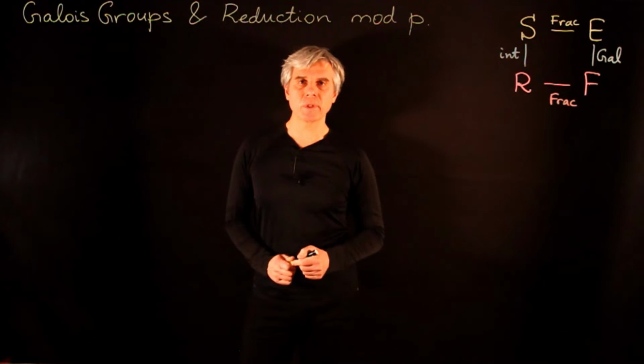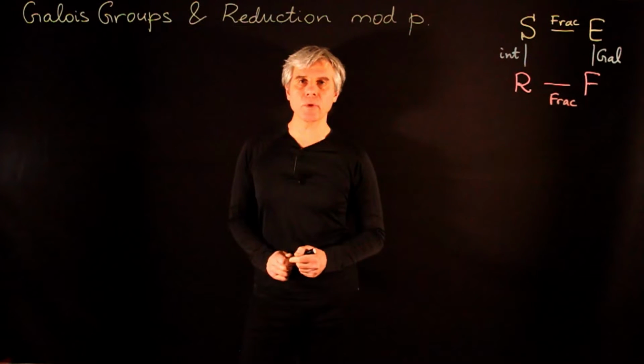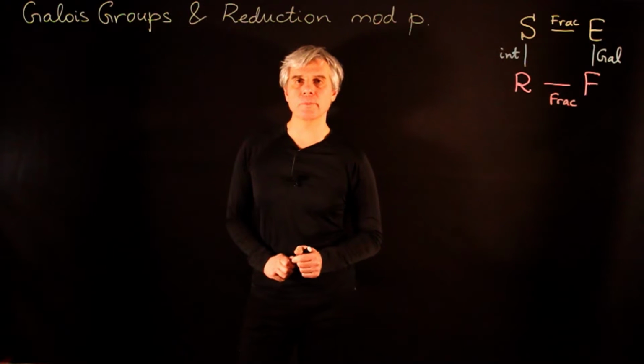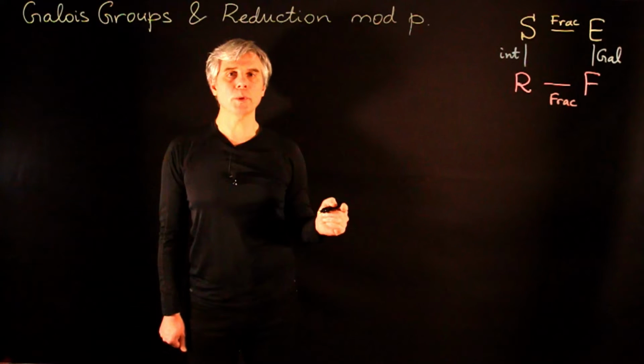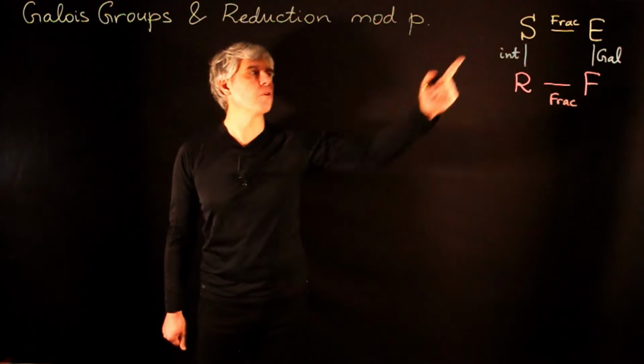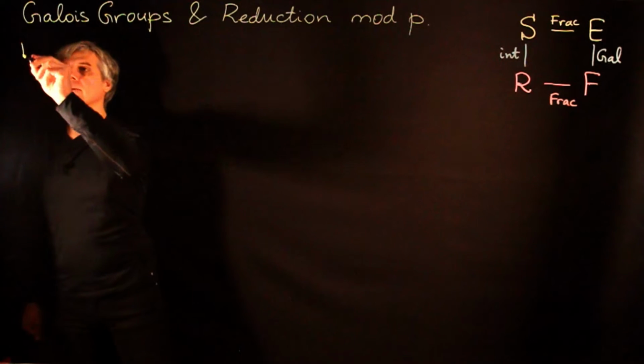In this lecture, we will discuss the method of computing Galois groups using reduction mod P. We begin with the following theorem, which is given in our basic settings. So we have: